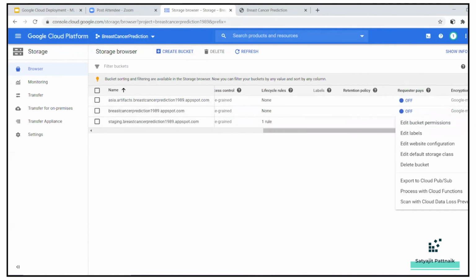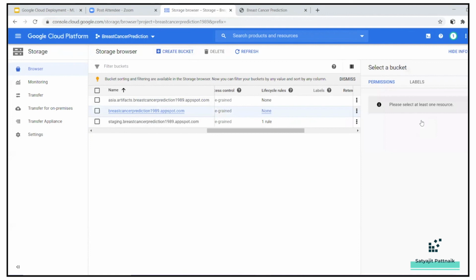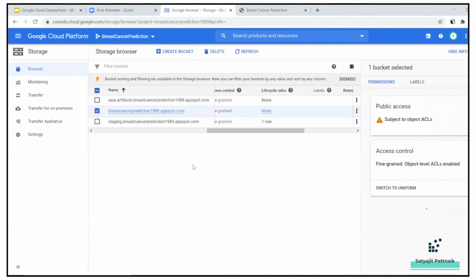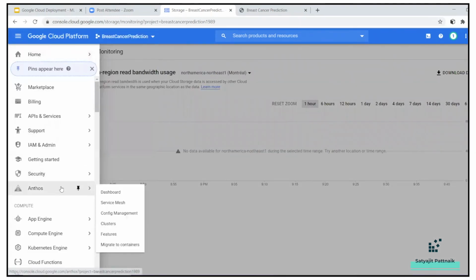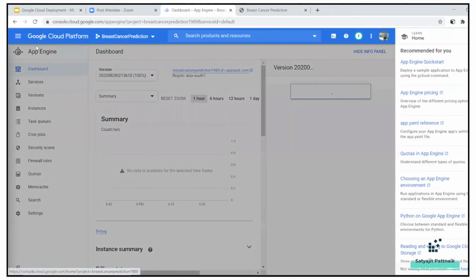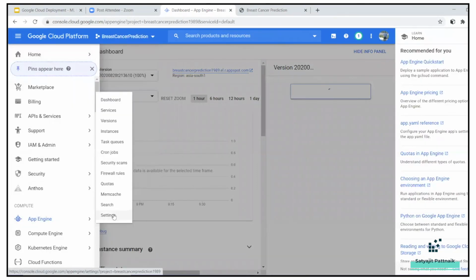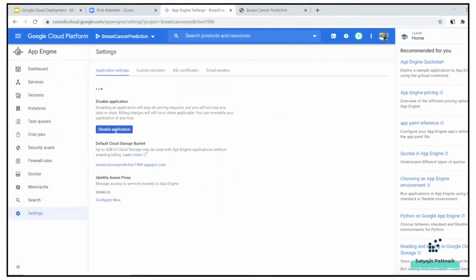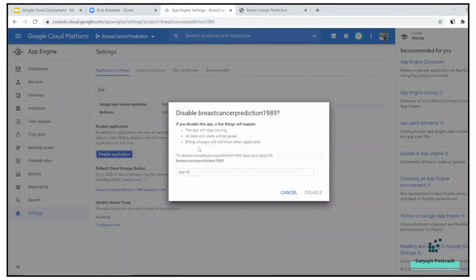Now you can go to here, and we don't want to delete it. Just give me a second. I think, yeah, disable application. Okay. So to disable breast cancer prediction, type your application ID. So type your application ID here, go to disable,